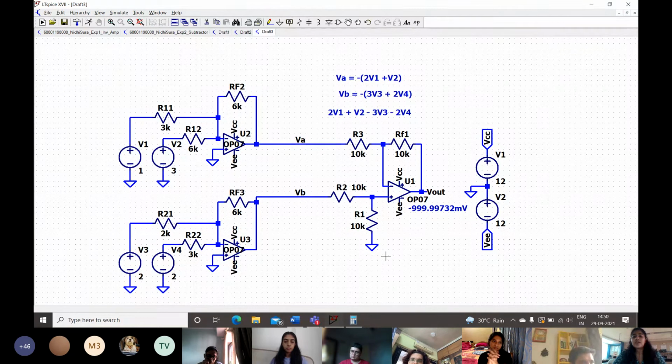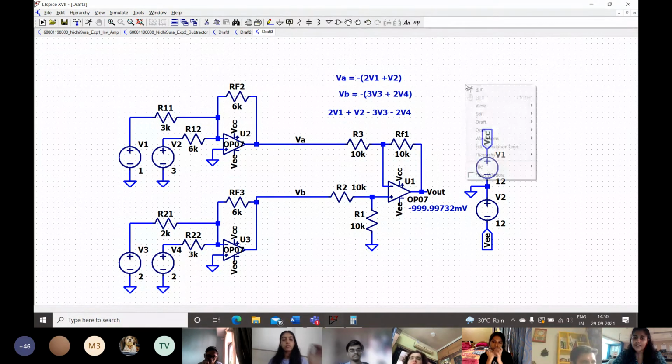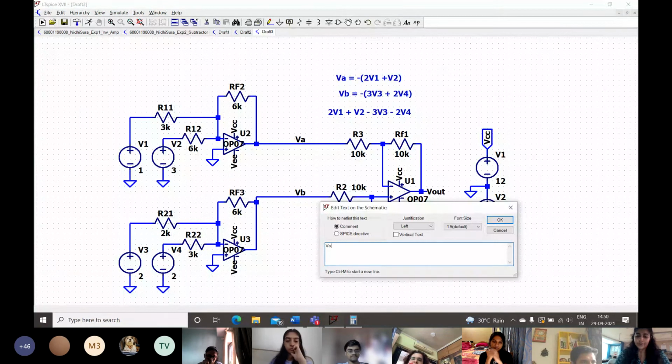So as for the last part, all of our resistors are equal values, so it's satisfying that condition for the simple subtractor equation. And what we're getting is our V out is equal to VB minus VA, because our non-inverting voltage is VB. I had labeled it the other way around in my Word document, I think.